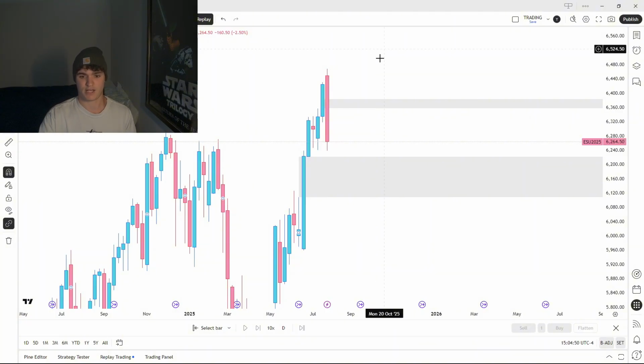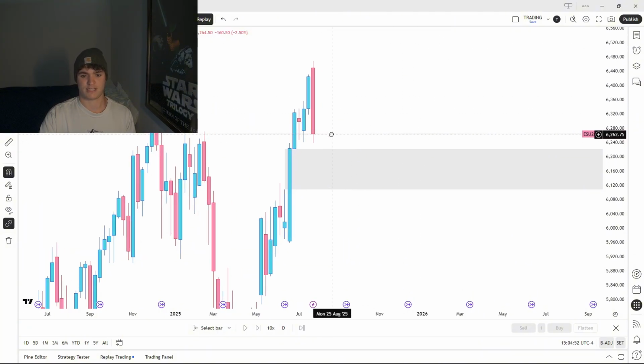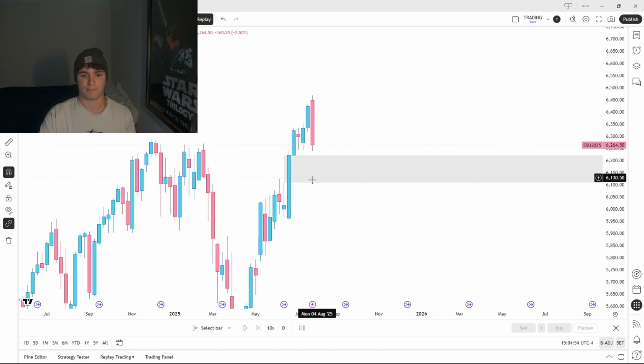So in this range, I will be looking for longs. Now, once again, that doesn't mean I'm blindly longing when we hit this. We could overshoot this gap, right? Just because we trade down to the bottom of it doesn't mean we'd close below it. Say we have a bloody Monday and Tuesday and we sell off another 2% and we're at the bottom of the gap. Well, maybe by the end of the week, we wick back up. Don't try to time it and just go long the second we tap this gap.